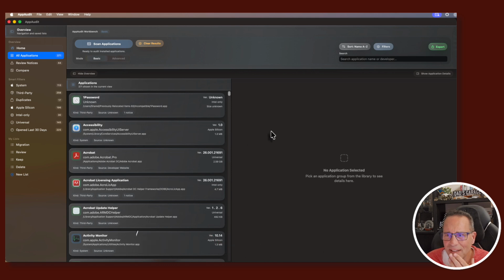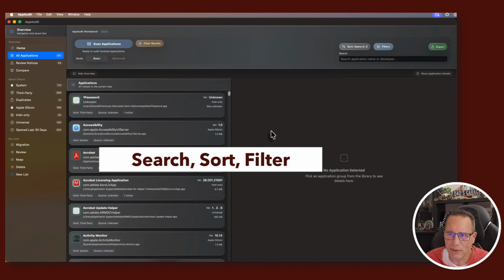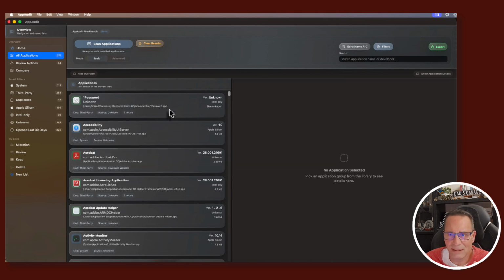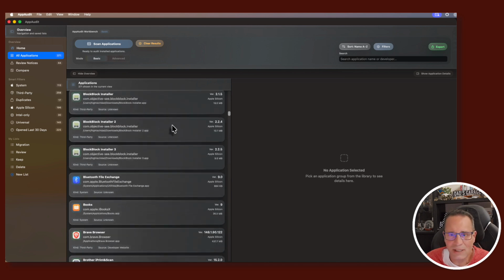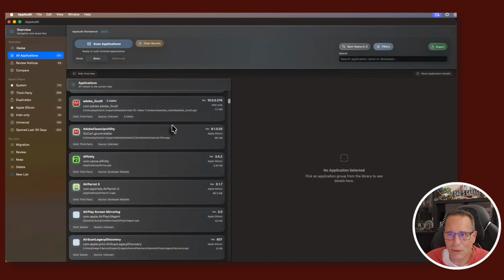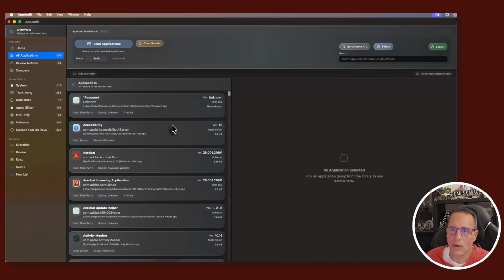And this is one that I spent a lot of time thinking about as I was developing AppAudit. Let me first say what this one is about. It's about searching, sorting, and filtering. When I was first working on this, I was getting lots of really long lists that were great, all the stuff that AppAudit had discovered. It was wonderful, but nobody liked scrolling through a bunch of really long lists. So I wanted to make sure that there was good searching, good filtering, and good sorting built into the application